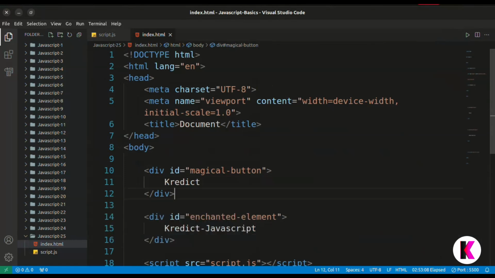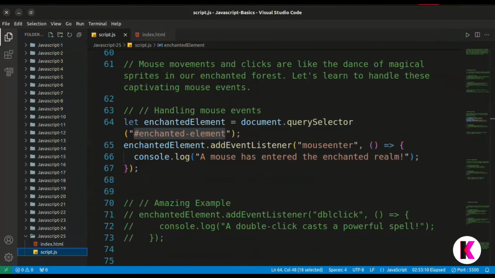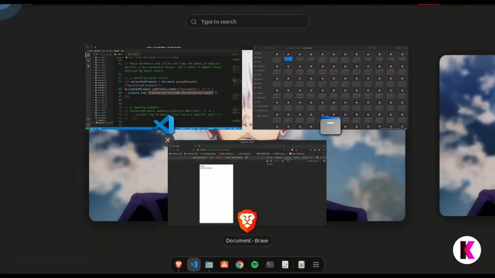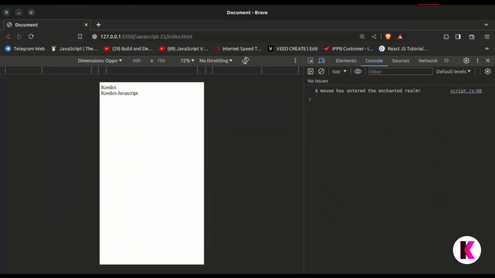So here we have the enchantment element, and if we mouse enter on this element, in the console you can see a mouse has entered the enchantment element will print. I hope you are getting this.